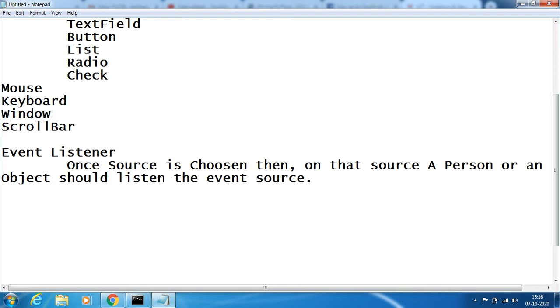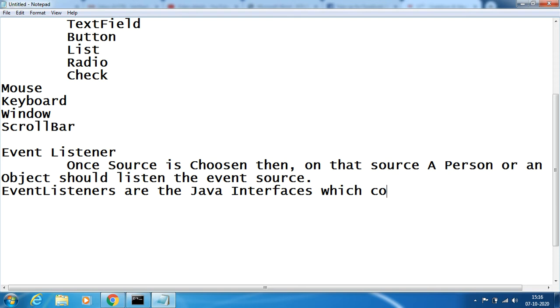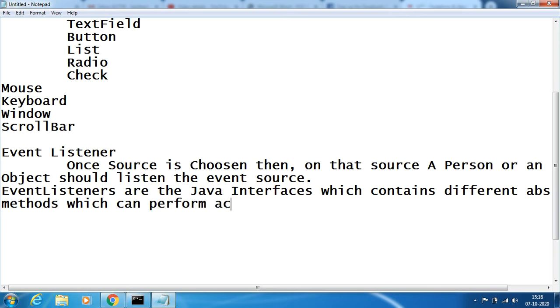Technically speaking, event listeners are Java interfaces which contain different abstract methods which can perform action on that event source.